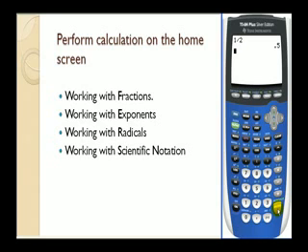But let's say I want to find the sum of 1/2 and 1/3. I like to enter the fraction in a set of parentheses, so 1 divided by 2, close the parenthesis, there's the 1/2, plus, open parenthesis, 1 divided by 3, a close parenthesis. Now when I press enter here, it will give me a decimal approximation of this sum, which isn't very helpful,